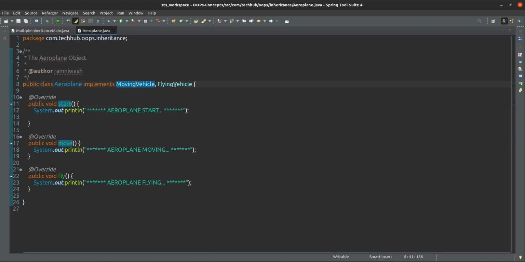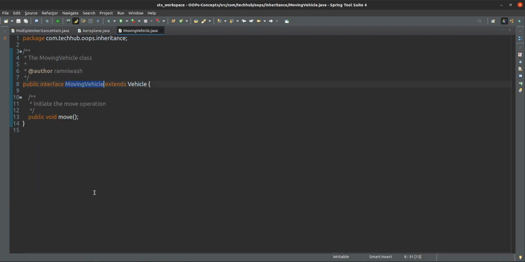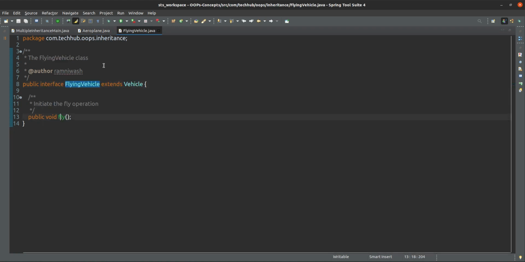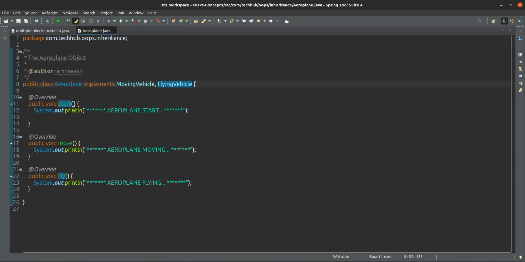From moving vehicle, the move method is coming. If you see the moving vehicle, the move method is there. From the flying vehicle, the fly method will come. And this start method is coming from some other class. I will show you in the next types of inheritance.